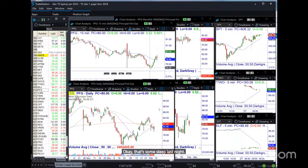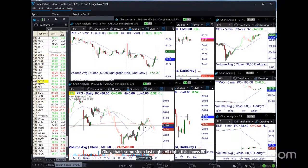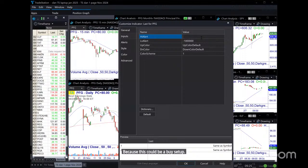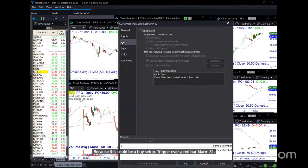All right, this shows 80.52. Let's set an alarm at 81 and then just move on, because this could be a buy setup, trigger over a red bar. Alarm 81. And